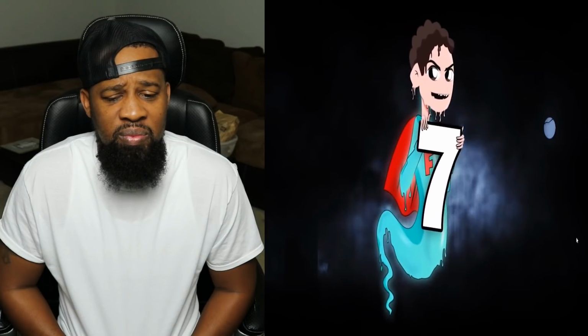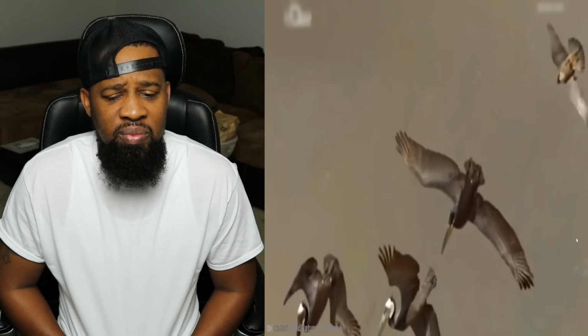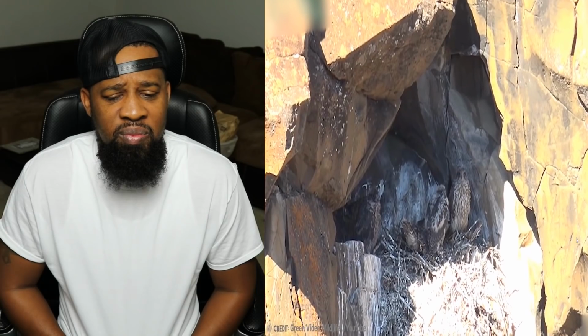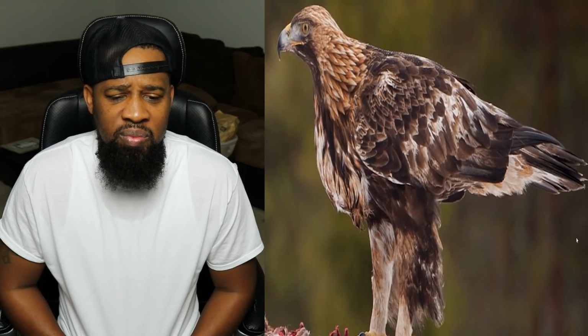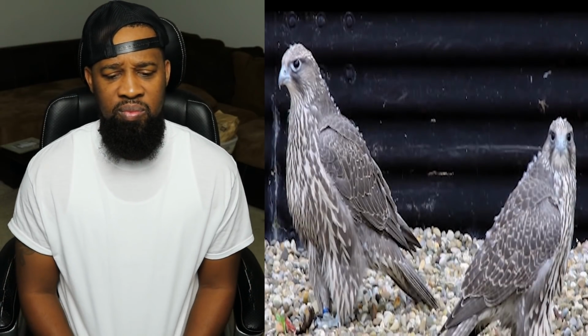Number 7. Gyrfalcon, Falco rusticolus. These birds make life difficult for predators looking for an easy meal, that's for sure. The gyrfalcon typically nests on cliff edges or in conifer tree nests of other species, such as common ravens and golden eagles. Both males and females visit several different cliff faces and trees before deciding on a suitable destination to